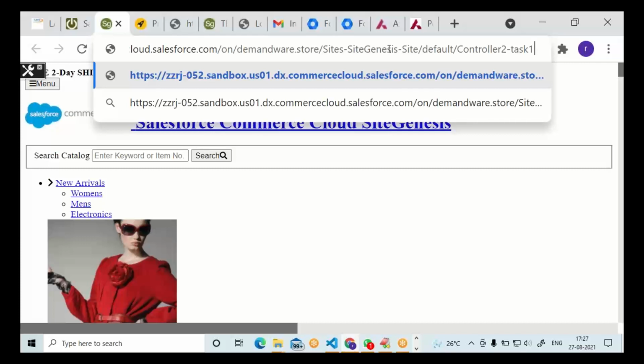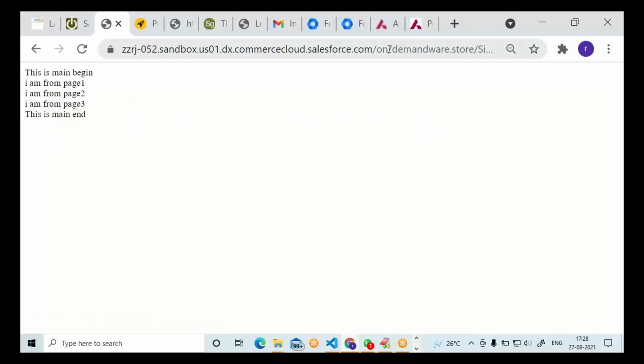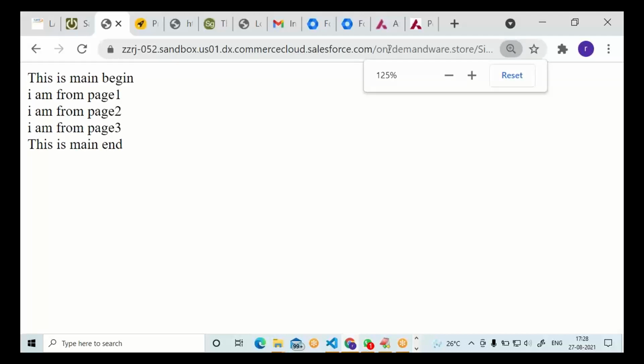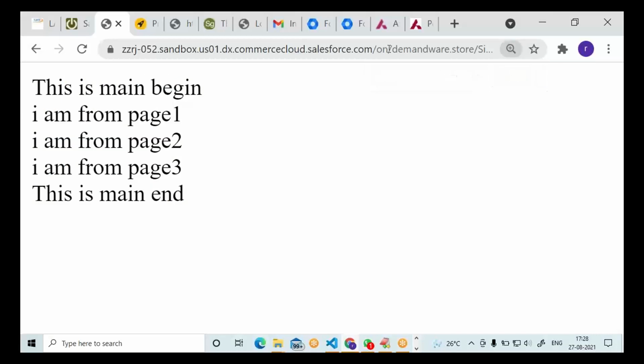Press enter. We can see output from the pages also. From the main page, we are including page 1, page 2, page 3.